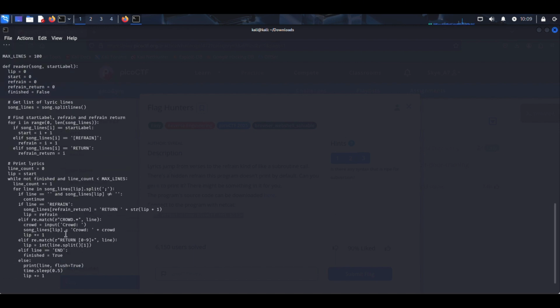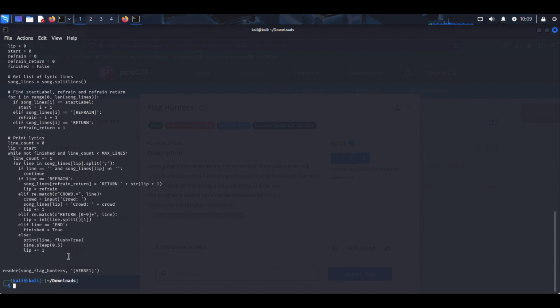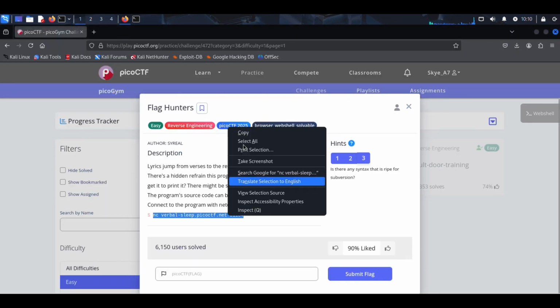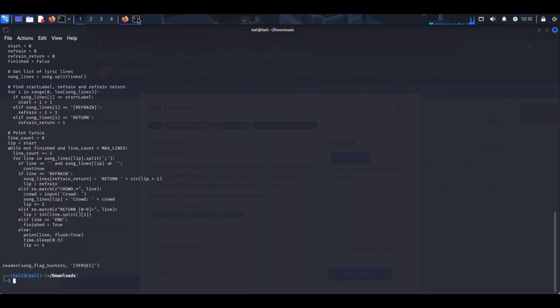User input crowd. So we have to match return with a number in this range of numbers and split this crowd. Okay, let's try it. Copy the source.